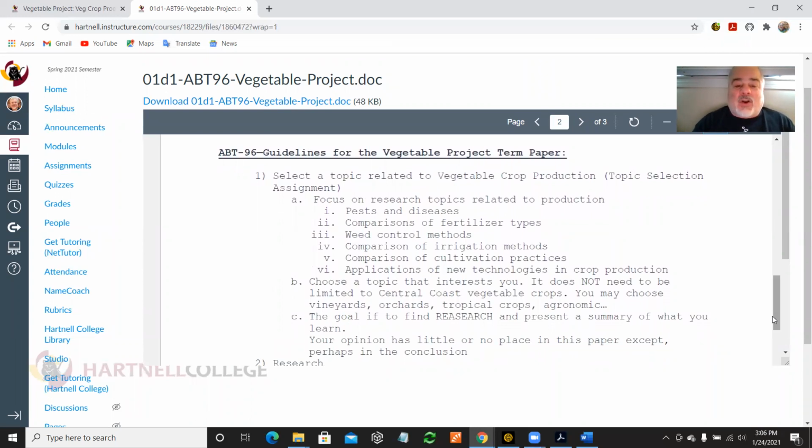Pests and diseases, I've already talked about. Root aphids and beet armyworms, but you could also do downy mildew in spinach, or any important disease that you would like of a given crop. Comparison of fertilizer types, organic versus conventional fertilization in a given crop, or the use of nitrate-based fertilizers versus ammonium-based fertilizers in the production of citrus,